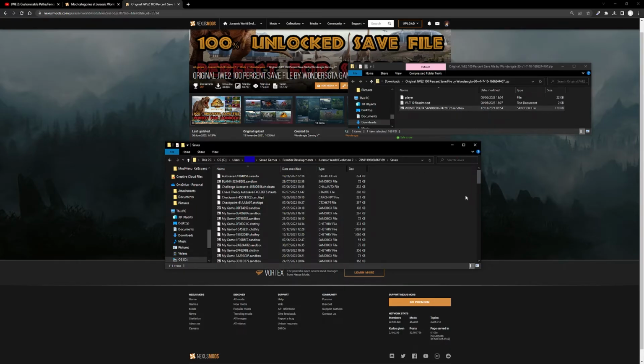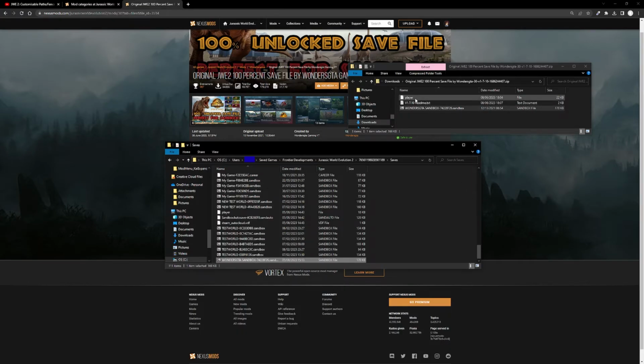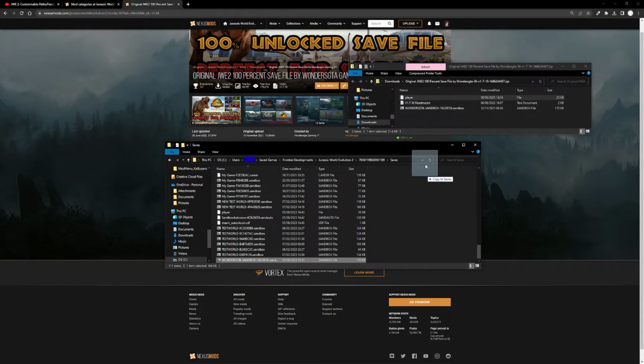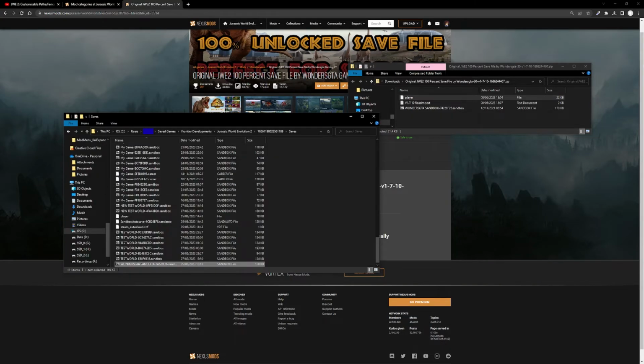and you can drag and drop this file in here. And then you can also drag and drop the career file, but I don't want to progress the career, so I won't do that. But of course, if you want to drag the career file in, I would strongly recommend you copy your old file, just in case you want to undo that change at some point. And that's that. That's installed now. If you open up the game again,